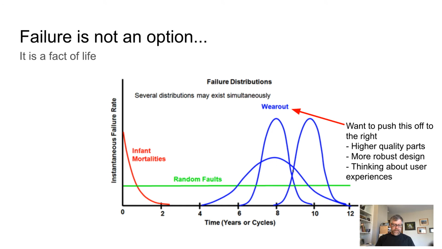So if you build things with super cheap parts, then you may actually start your distribution much earlier. You buy some really cheap parts that wear out very quickly, and you'll have a lot of failures very early. But if you buy really super high quality parts that are really expensive, then maybe you push this off much further. And so,